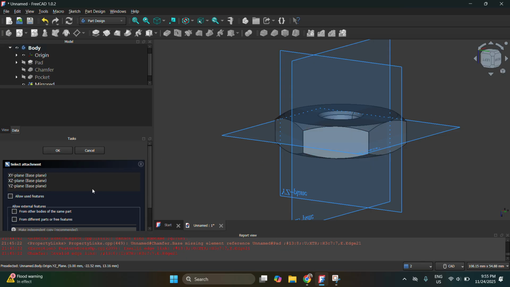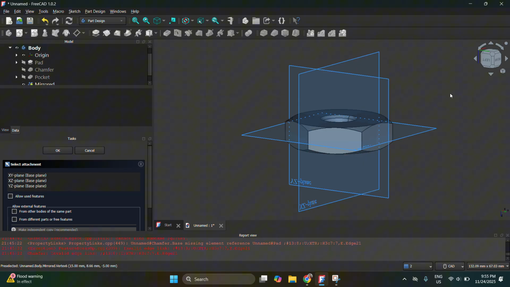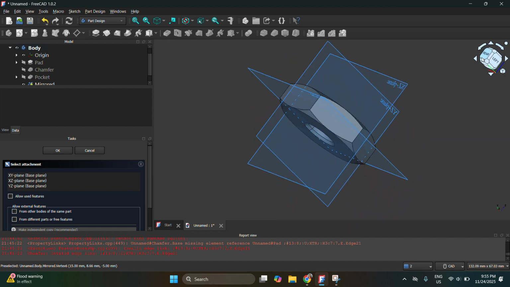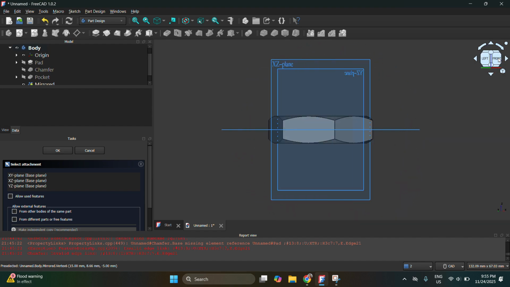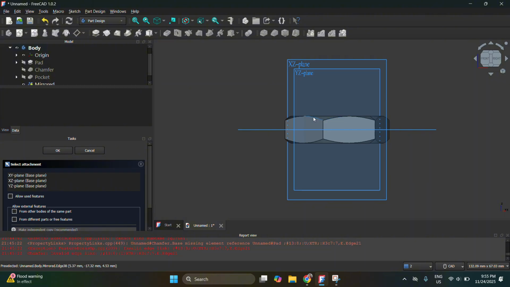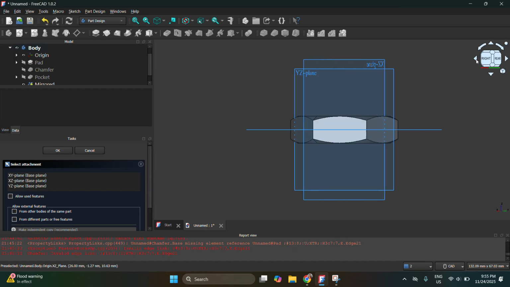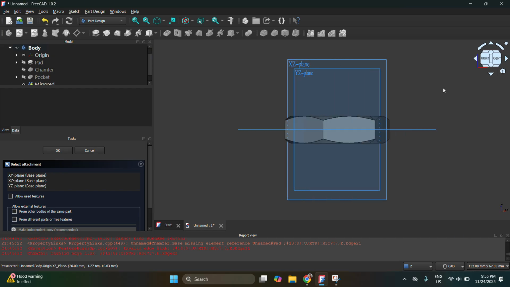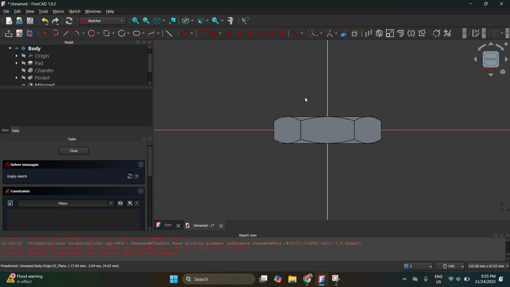Now we are going to select the... okay, we are set in a wrong position. Now we are going to select the plane, this one, because we are going to create the helix vertically. Look at my arrow. We are going to select the YZ plane, or the XZ plane. Okay, let's select XZ plane.